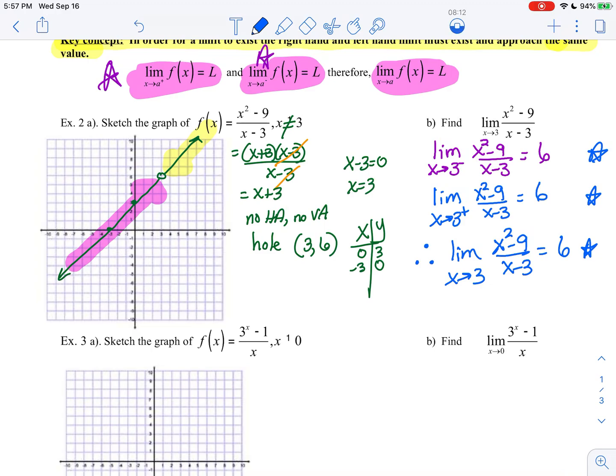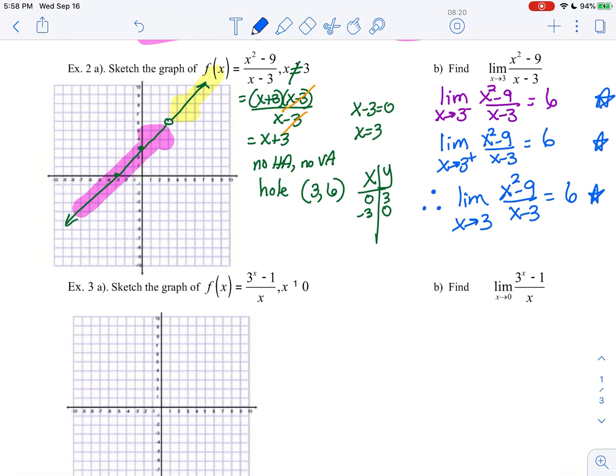Okay, but notice that there was a hole in the graph. So a limit can exist even though it's undefined at that position. All right,